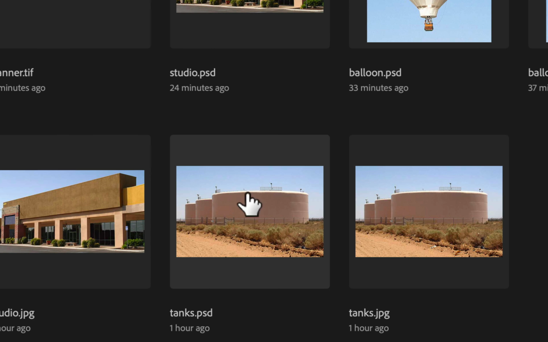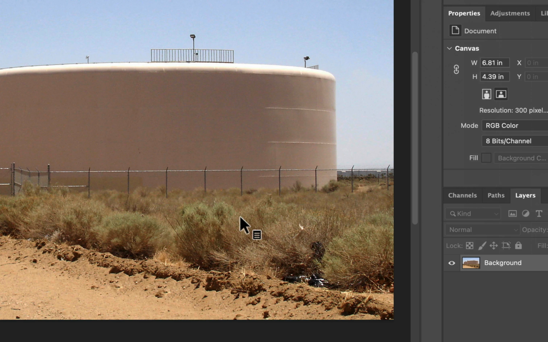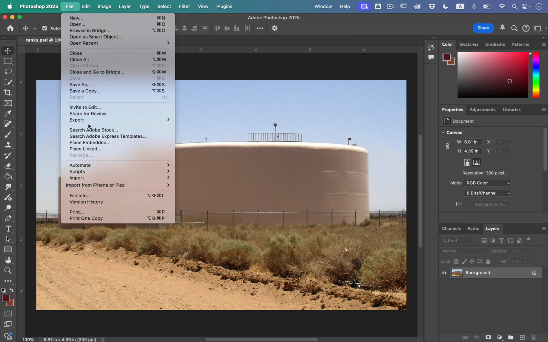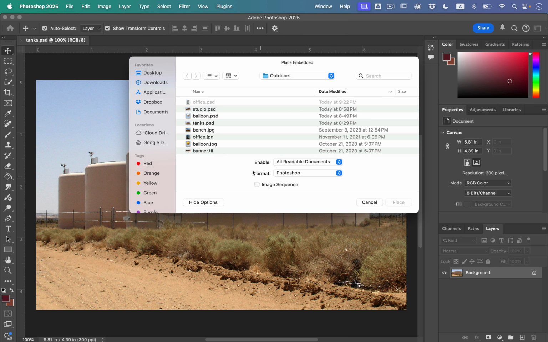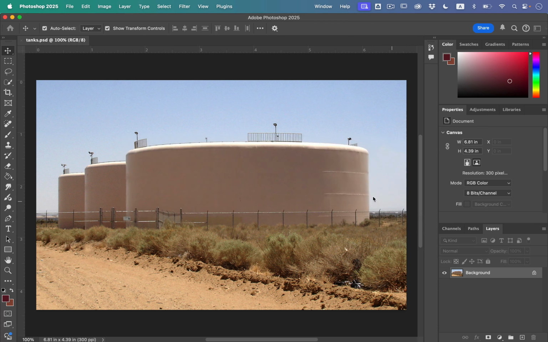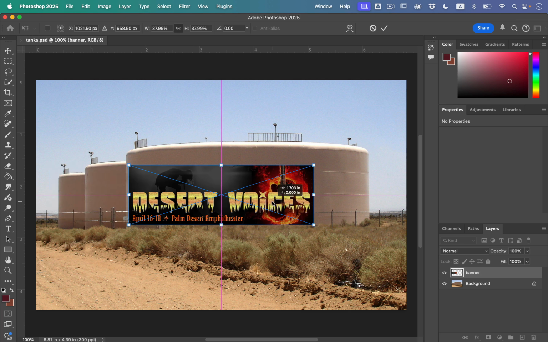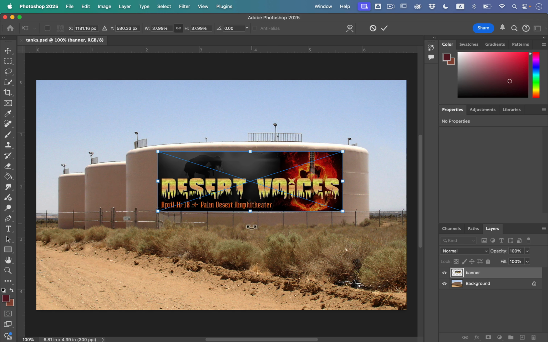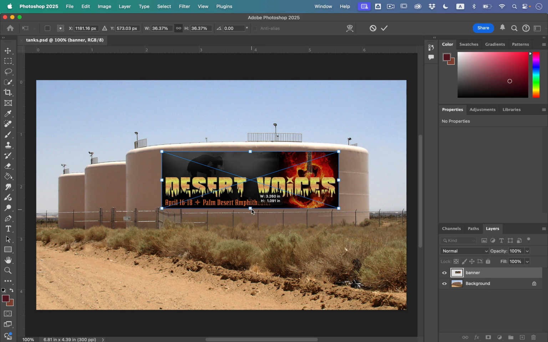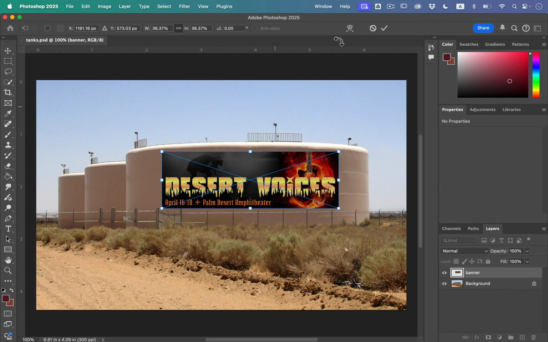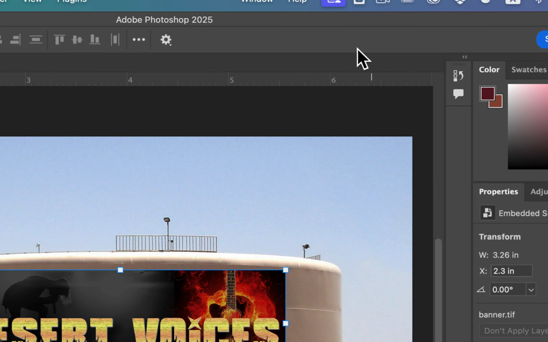If we open up our tanks Photoshop document, let's do one that's just a subtle little warp to it. Once again, let's go to File and Place Embedded. Let's choose our banner. This time we can scale it down manually until it fits nicely inside of this area just above the fence. Once it's inside, centered up inside of our tank, we can hit the checkbox to commit